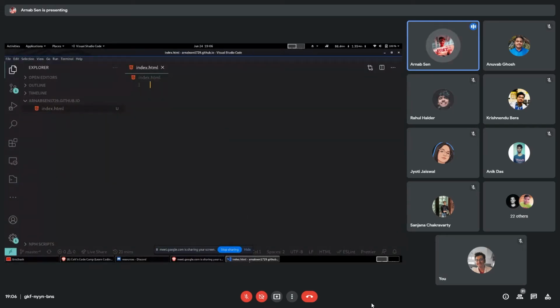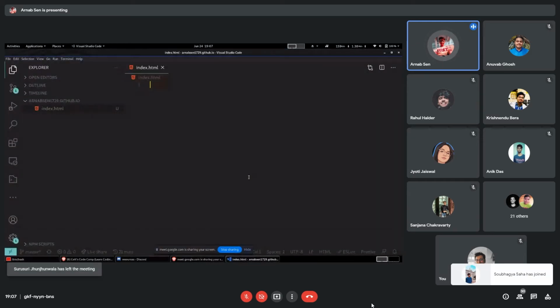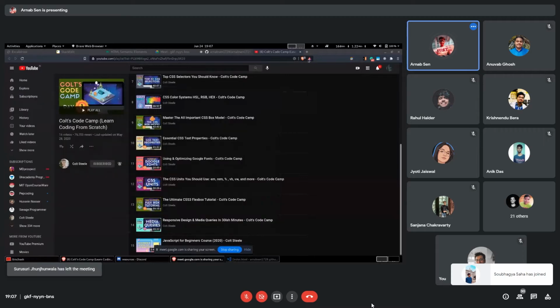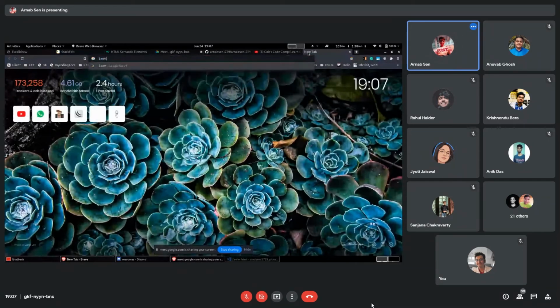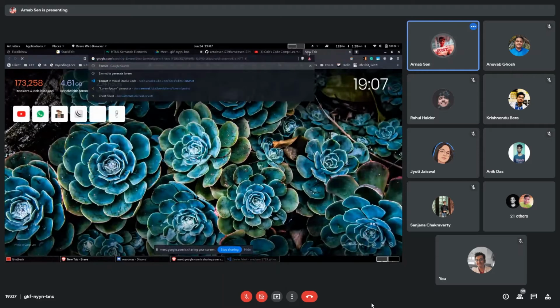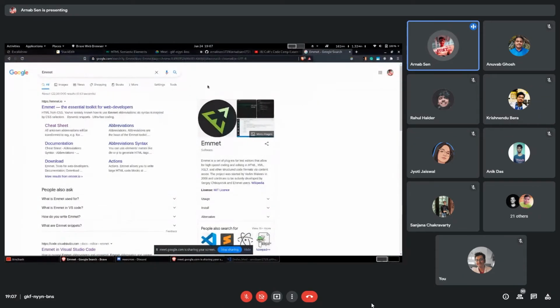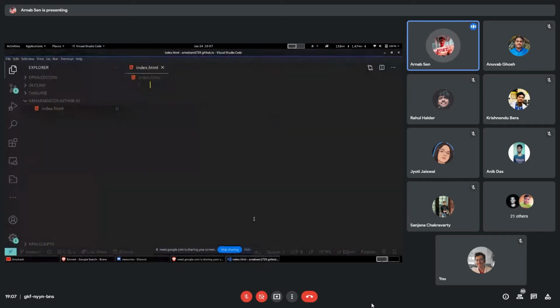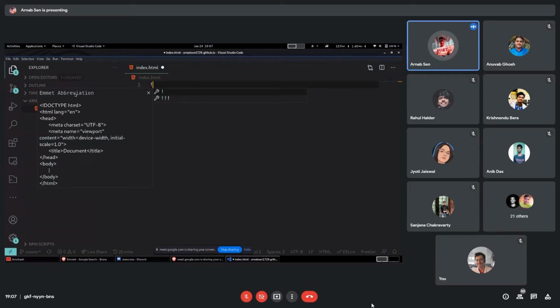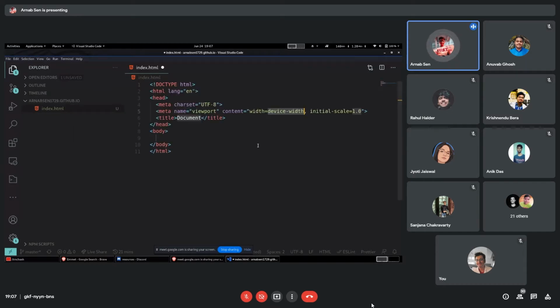Another advantage of using VS Code is it gives you something called Emmet. When you're writing HTML in particular, you can increase your productivity and speed a lot by using Emmet. Emmet is already installed. It comes installed with the latest VS Code, and it helps in writing all the basic boilerplate HTML code or the tags. It makes it easier for you to write those. For example, if I just press exclamation mark, you can see it gives me an Emmet abbreviation, and it gives me all the boilerplate HTML code. So I can just press tab, and there it is.